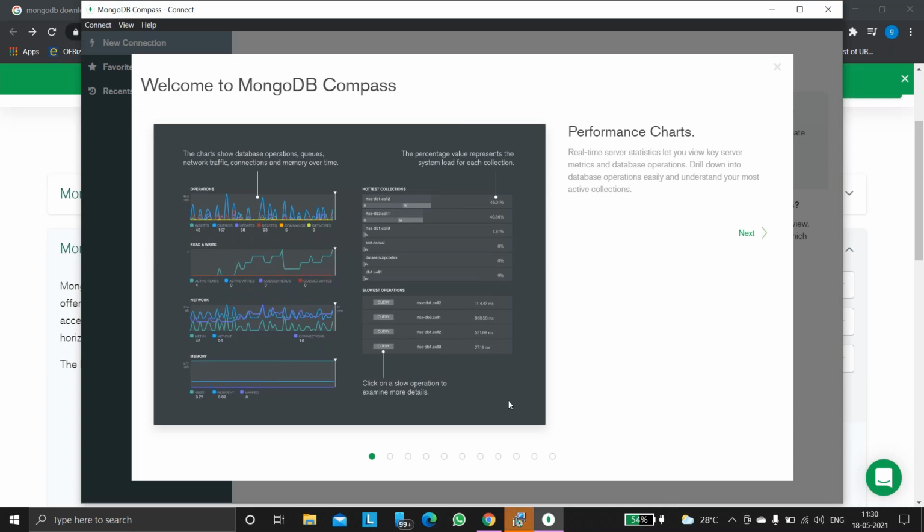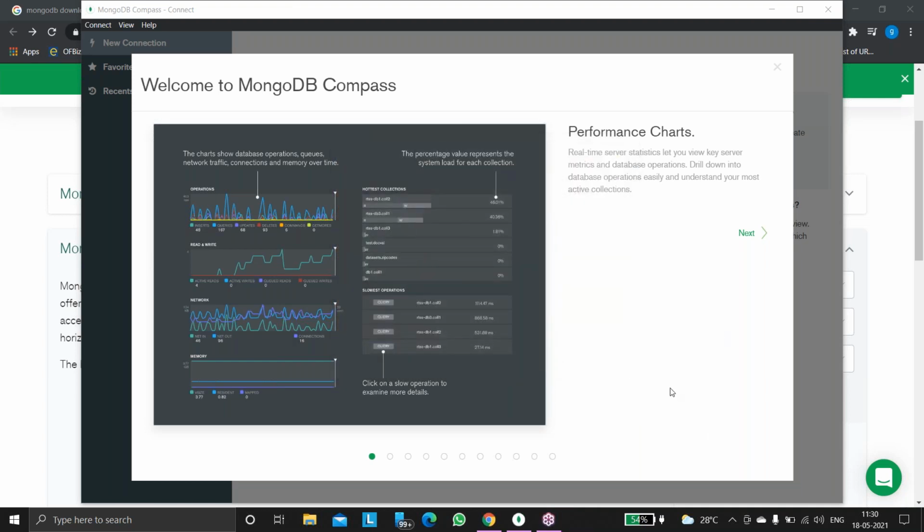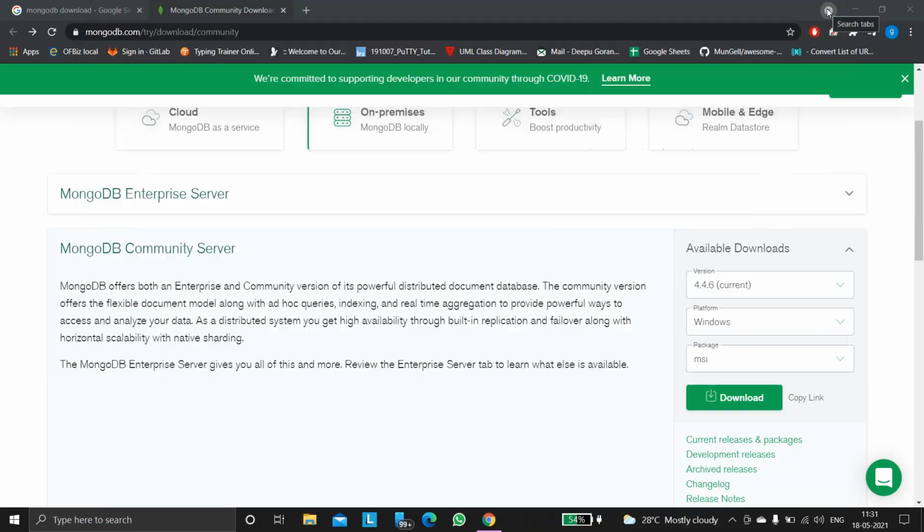Right, click there. Here, is it asking any permissions? One second, wait. Yeah, click on finish. Right, now this is the MongoDB Compass, so no need to worry about this. Just close it. Right, now we have successfully installed MongoDB.